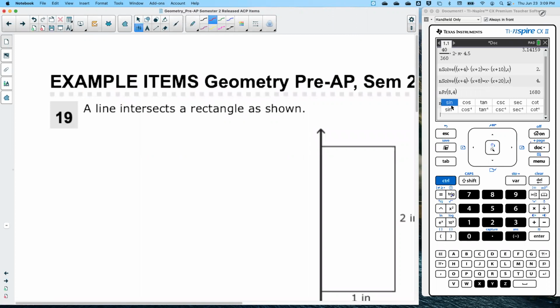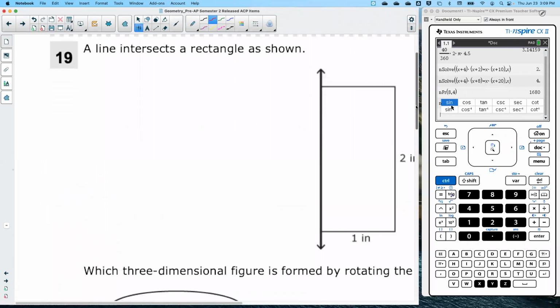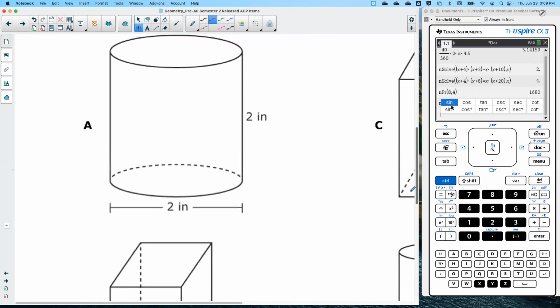Line intersects a rectangle as shown. I've shown you this problem already. I showed you this one, remember? We need to do the rotation. What shape will it make? It's a cylinder. Okay, how wide around is that cylinder going to be? What's the diameter of that cylinder going to be? 2 inches. So the answer is